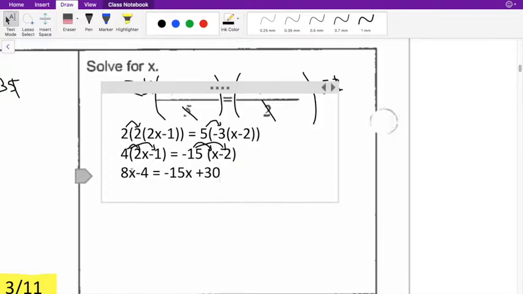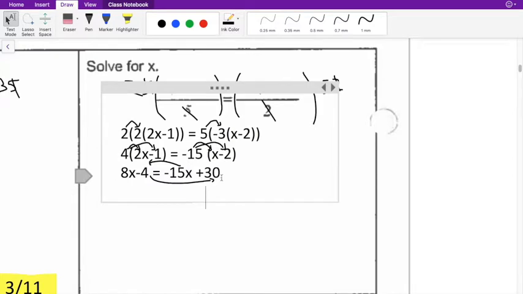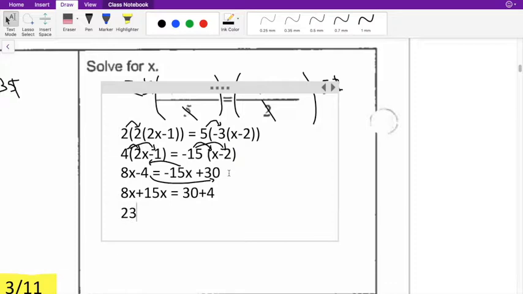Now this is my big X over here, so we're moving this way. We're going to move this over here. So I like to write down what's already over there. So 8x is already over there, and then we're going to bring over the negative 15, so it's going to become positive. And then we have the 30, which is already over here, and we're bringing over the 4, which was negative, so it's going to turn positive. Now if we put those together, we're going to have 23x